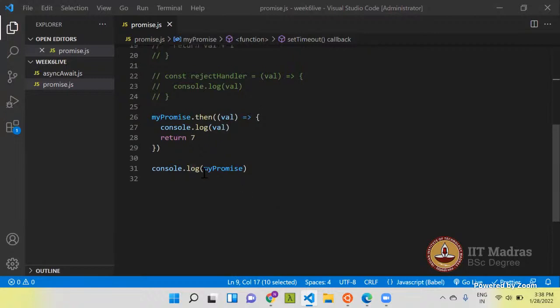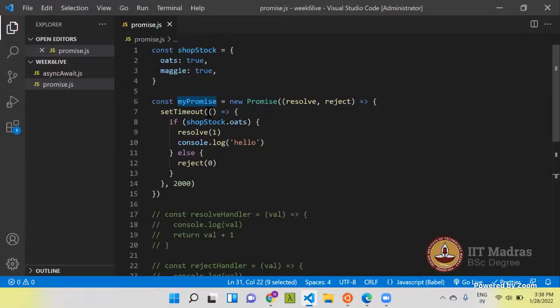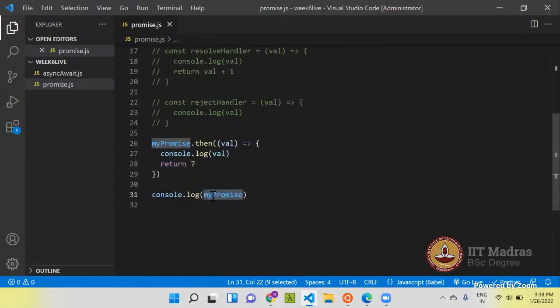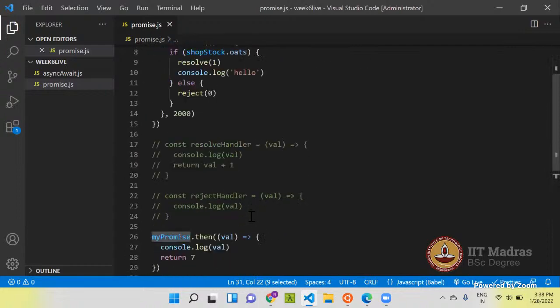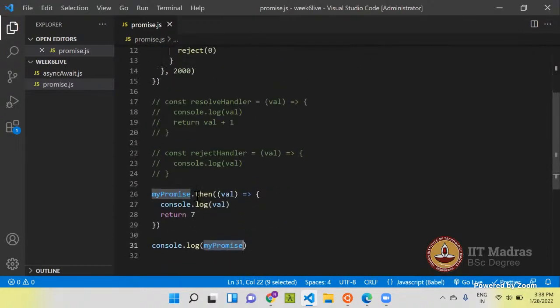Because using then makes this behavior asynchronous, and this console.log works in a synchronous way. My promise is just a variable here, so it's printing the value of my promise, and dot then is how you handle this promise.